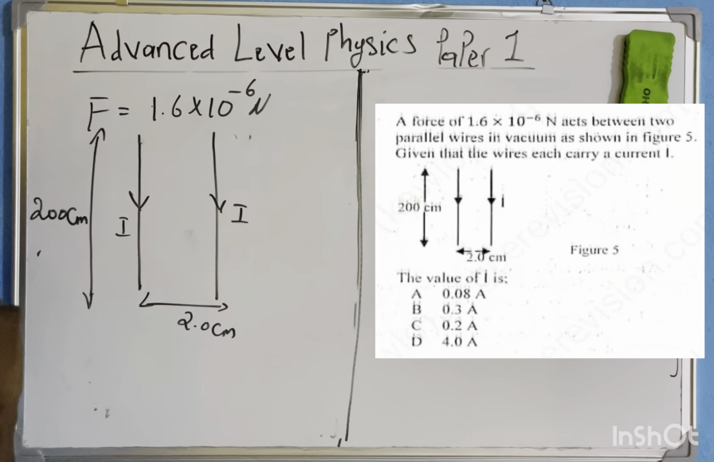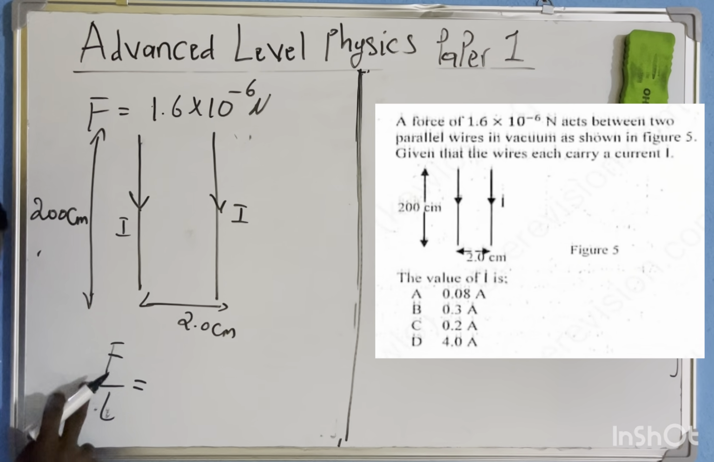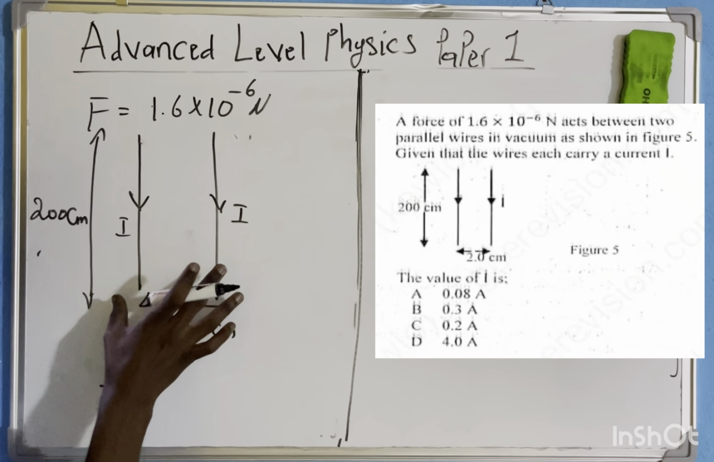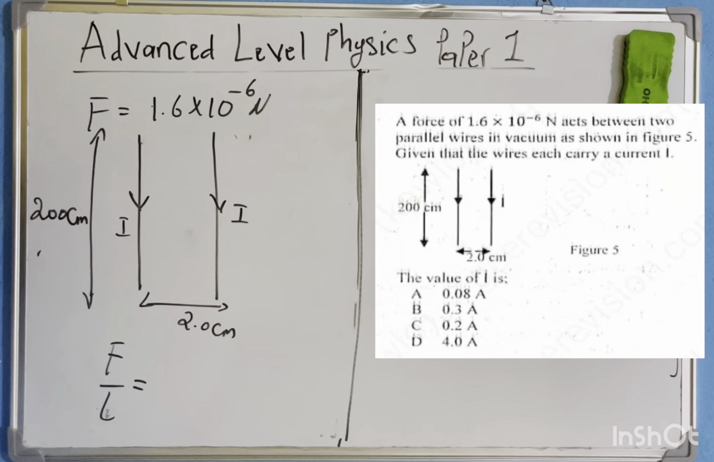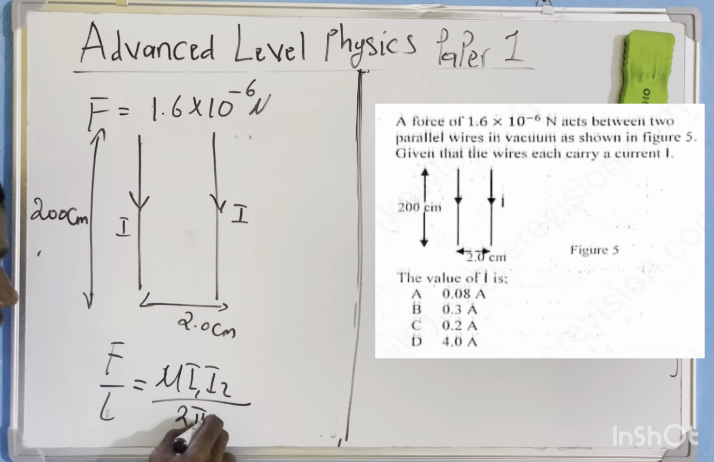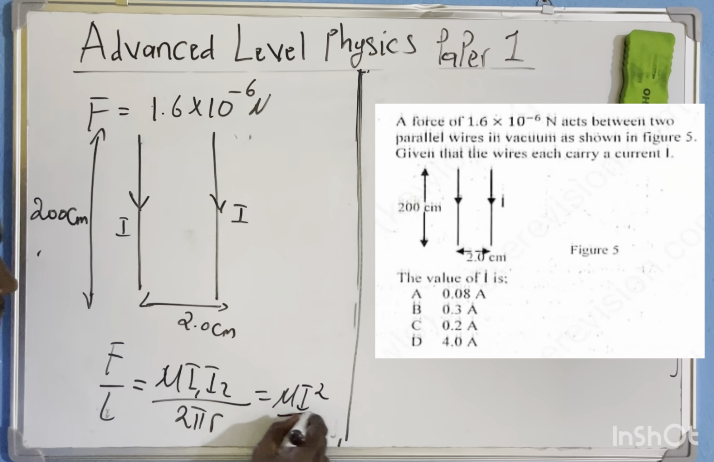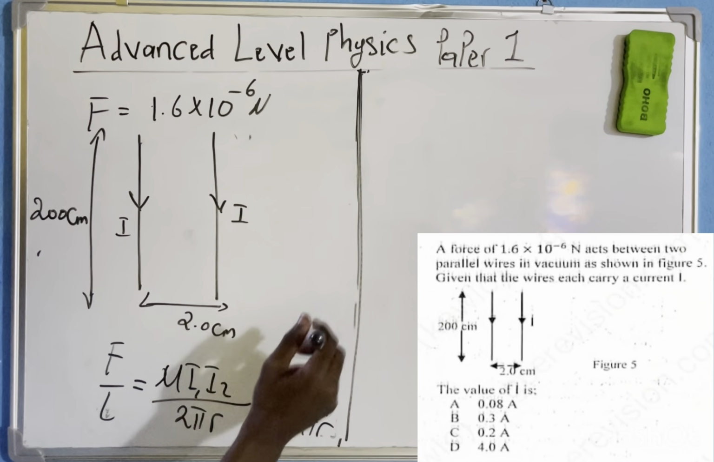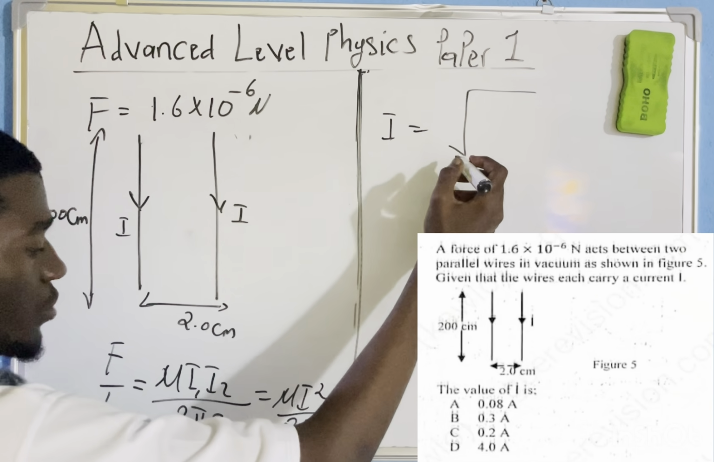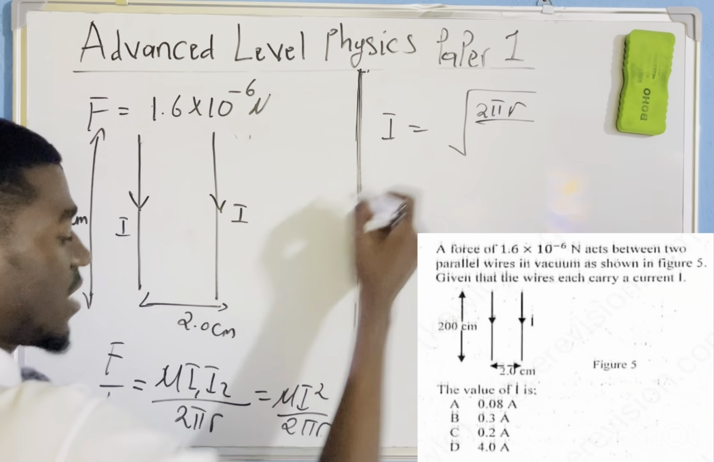In the formula booklet they gave the force per unit length existing between two conductors carrying current as mu I1 I2 all over 2 pi r. But here I is the same, so it is simply mu I squared all over 2 pi r. I'm looking for I, so I will be equal to the square root of 2 pi r divided by,